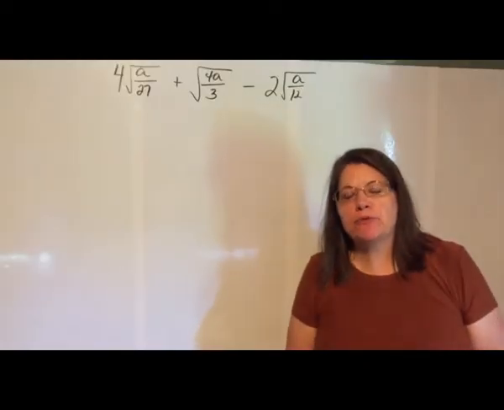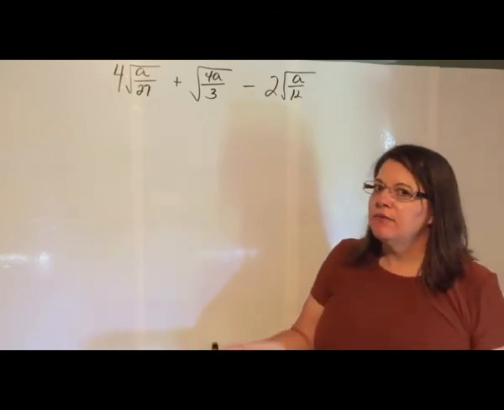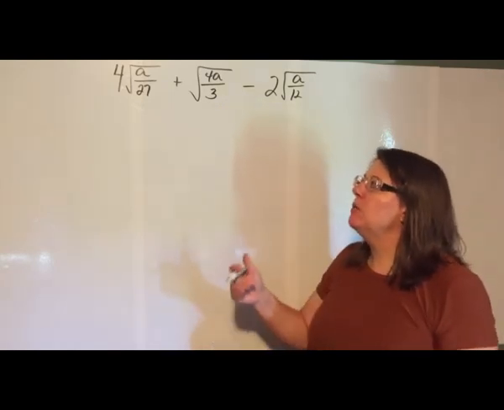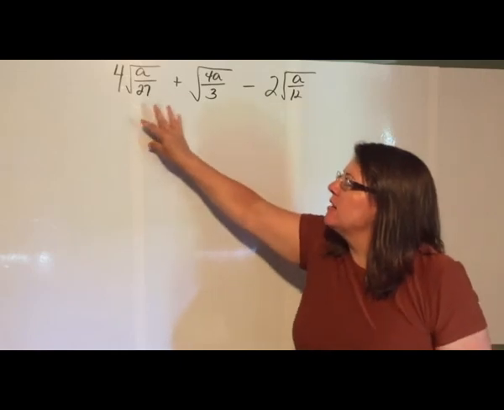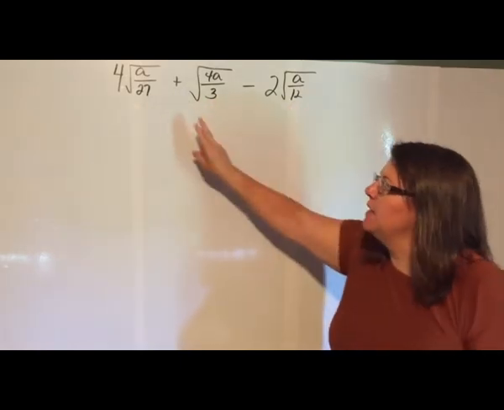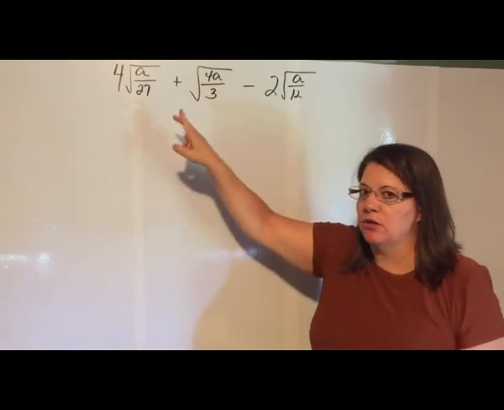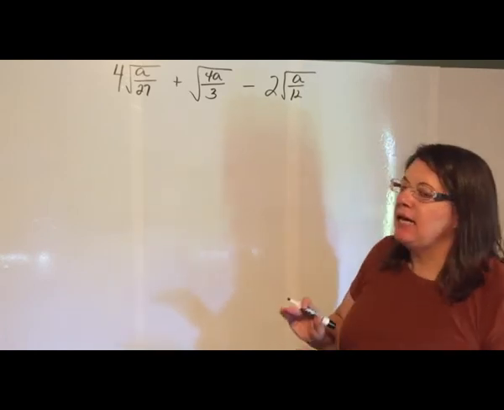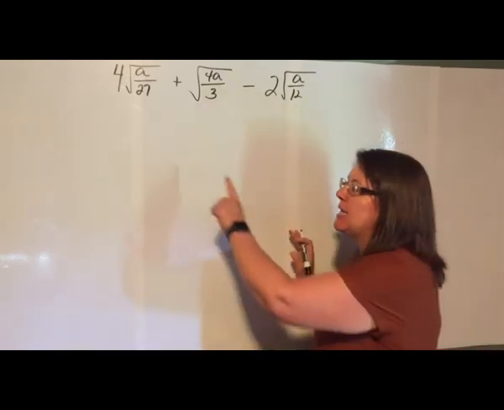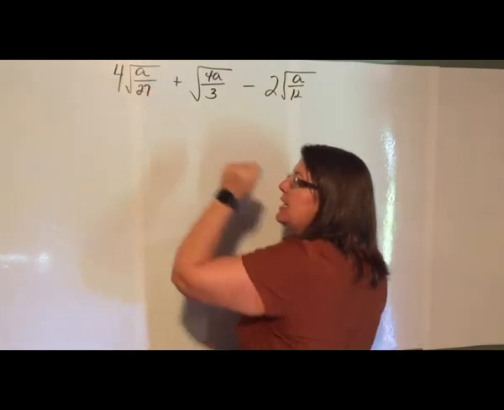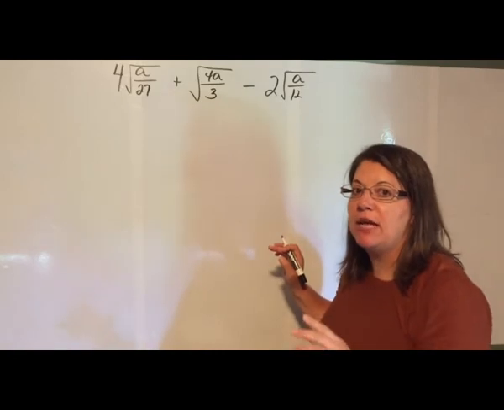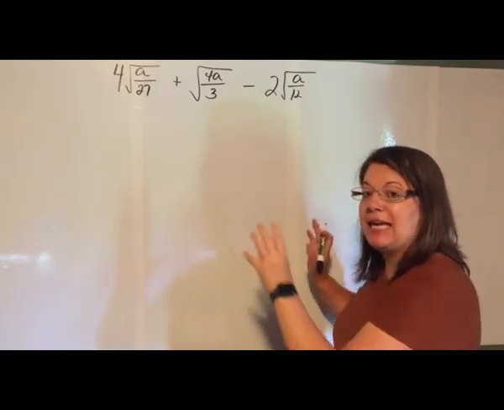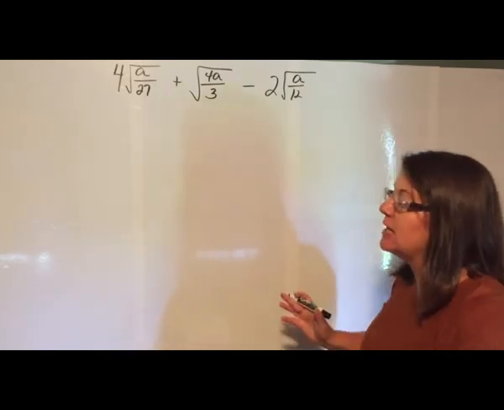Okay, I have one last example for this section that kind of combines a lot of the different concepts that we've talked about in this section for simplifying radicals. Basically what I've got here is 3 sets of radicals that are very different, and then they're each added or subtracted from each other. When I'm presented with a problem like this, I'm going to simplify each term separately. So I would take this term and simplify it, get it in simplified radical form, rationalize the denominator, do everything I can to each individual term separately,